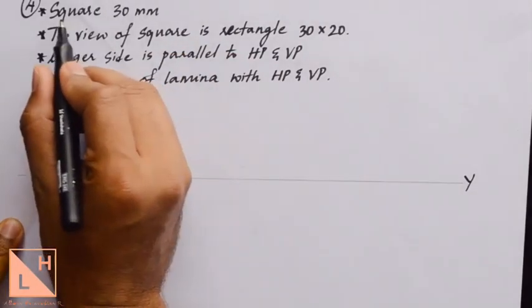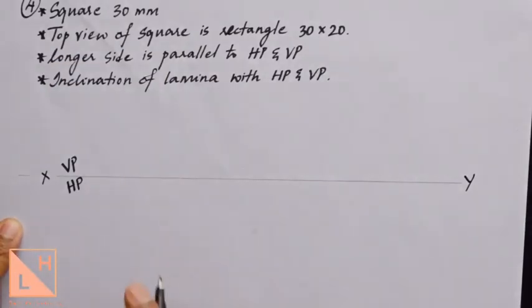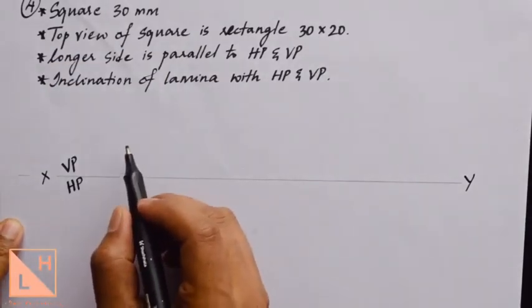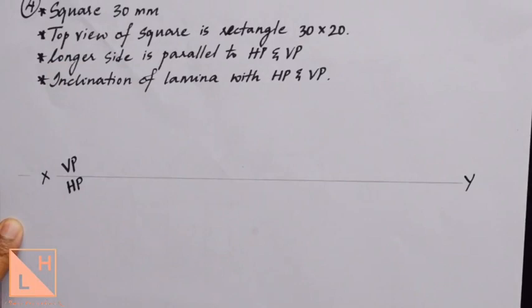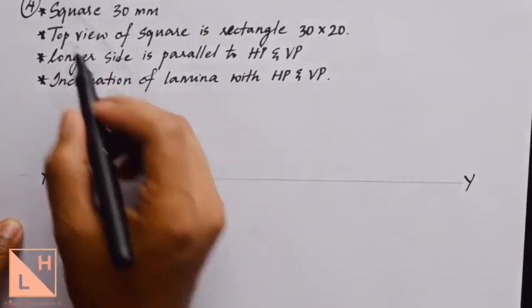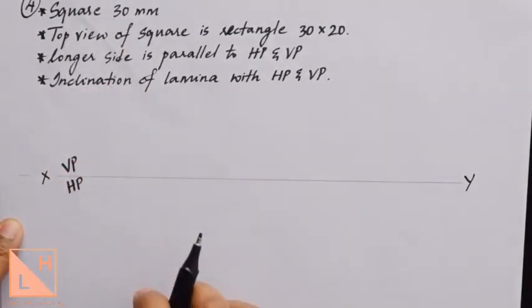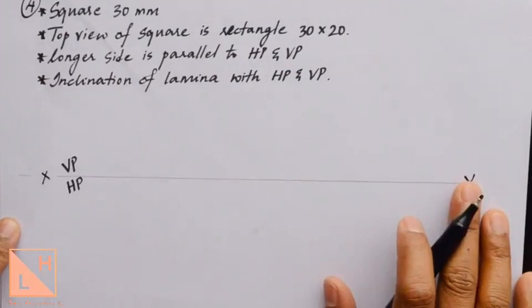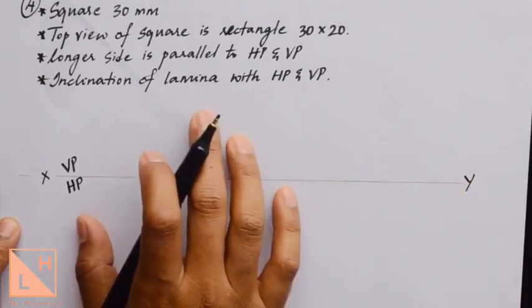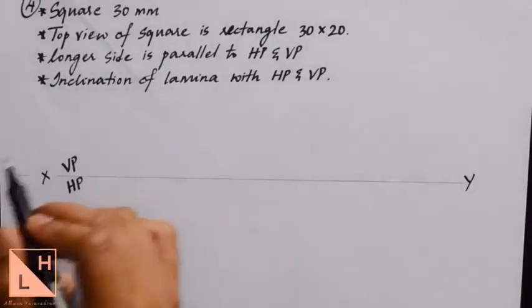We have to draw a square lamina, but the thing is, as I've told you in the first position, you need to ask the questions where to draw the plane figure, whether on VP or on HP. Here it's a square lamina, so where I'm supposed to draw this square lamina, if you go on reading it, we don't have edge resting or corner resting given in this problem. That's why I said this is a special case problem, because you find it quite different compared to the previous ones that we have solved. But note that it is given in the very beginning of the question.